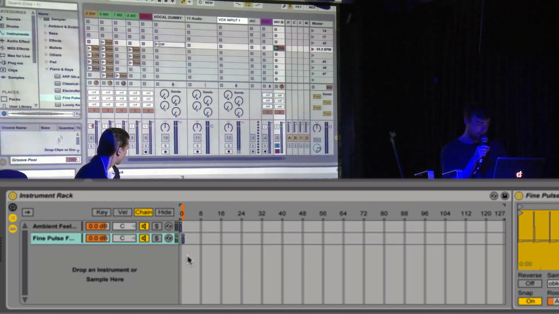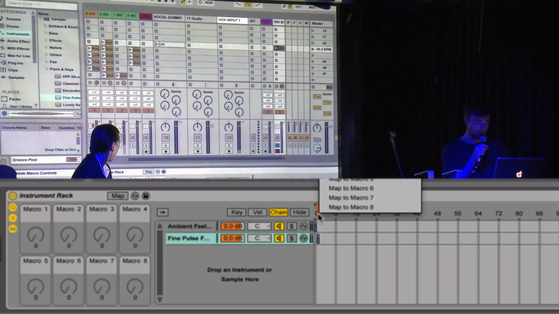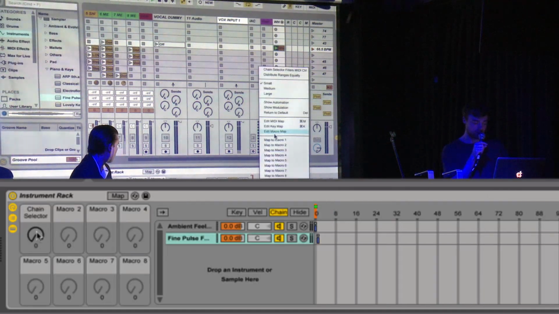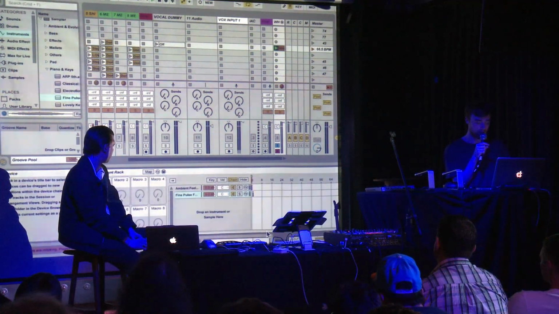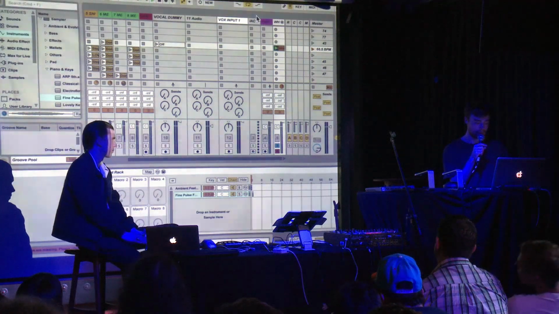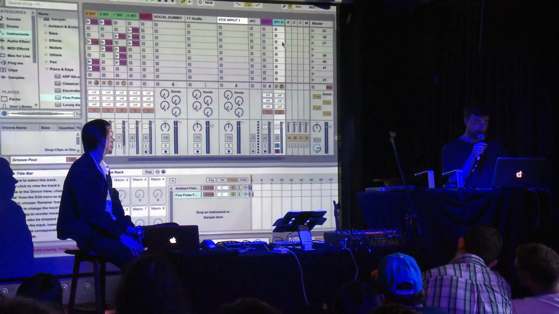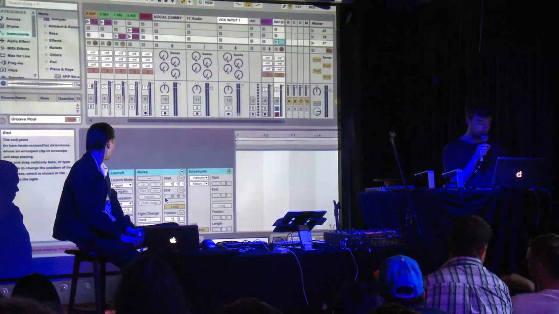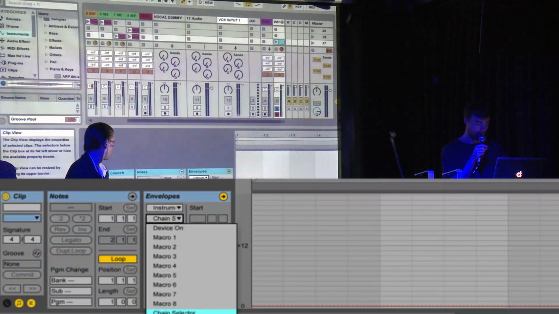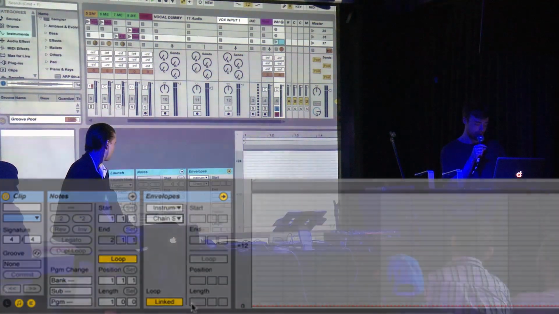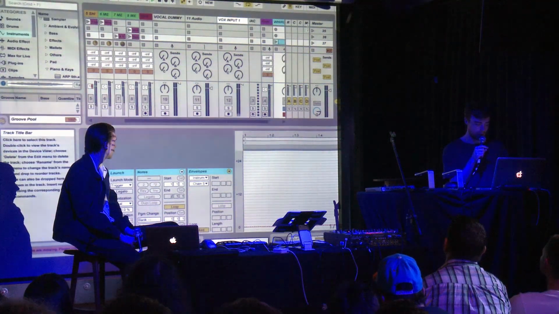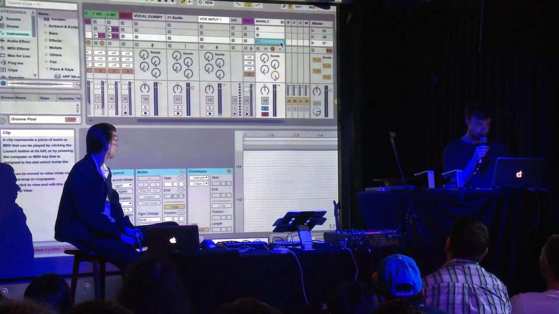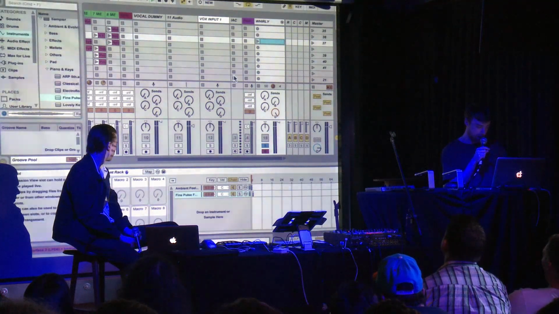So you can make a kind of performance patch out of this by assigning this thing to the macros. You can go like that, and then this macro will select one of the chains if you want to. That can be how you use it for performance. But what I do is just simply make a blank MIDI clip, and then I come here to the instrument rack and I say chain selector. And I want the first one, I can't remember what it's called now, it's called ambient,